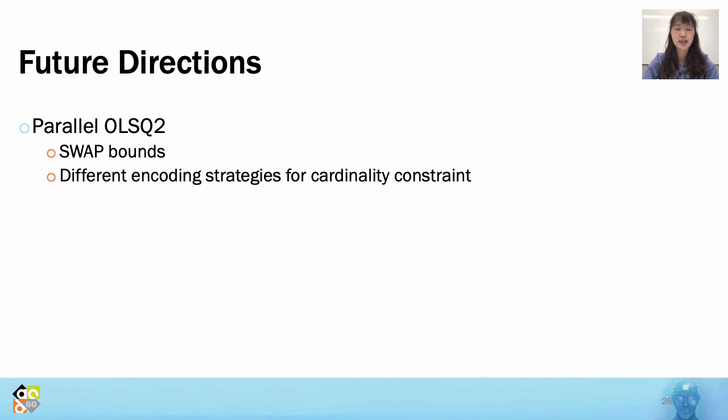At the end of my presentation, I would like to discuss some future directions to further improve the scalability. First, we plan to develop a parallel version of NISQ. Since swap optimization usually takes many iterations, it offers a good opportunity for parallelization. In addition, we observe that using different encoding strategies to convert the cardinality constraint to CNF has a large impact on solving time, but we didn't find a best-in-class strategy, so it is worth having a portfolio approach